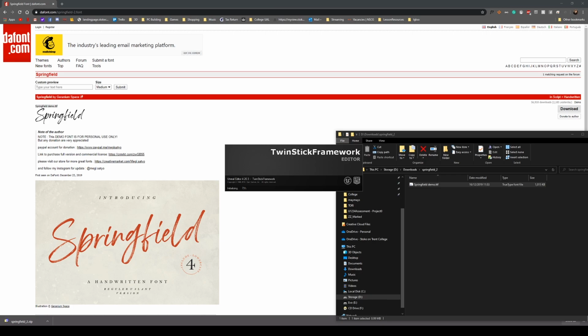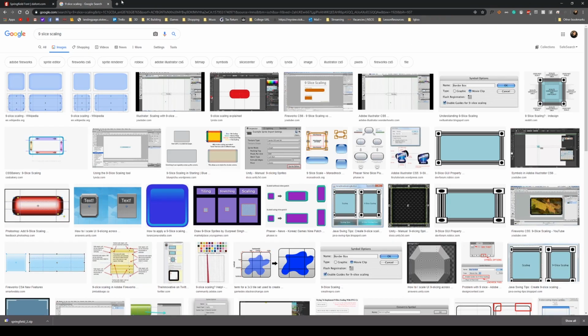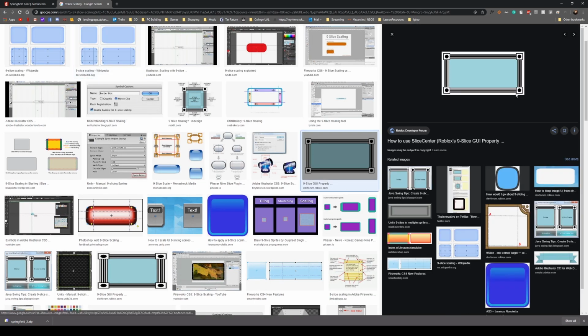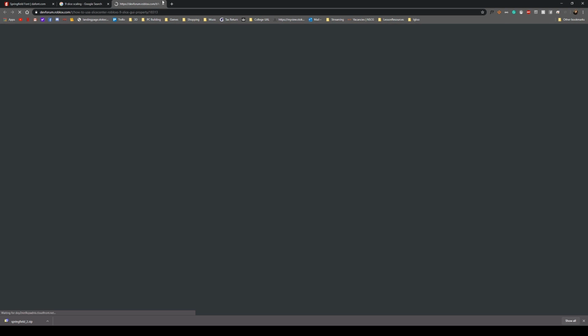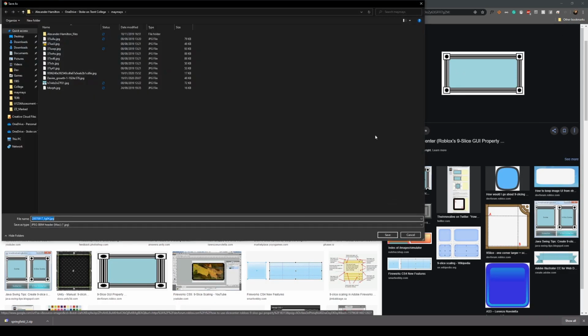while we're here, I want to talk about another thing for when you're designing your buttons, and that is to look into something called 9-slice scaling. So 9-slice scaling is when you're designing, let's say this was your button. This could be a container. The way this has been designed means that you can stretch it vertically and horizontally, and it will never change its shape. So if I show you what I mean by that, let's say save the image